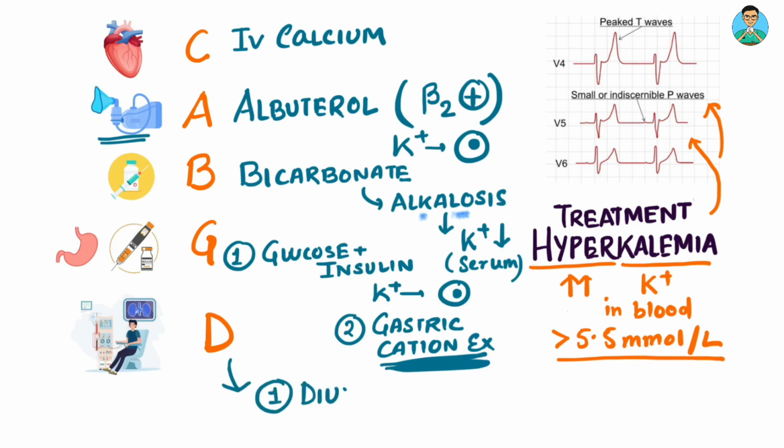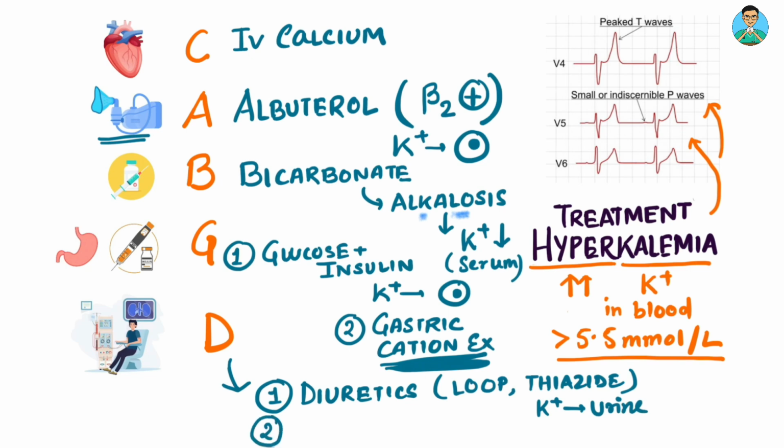D stands for one, diuretics, particularly loop diuretics and thiazide diuretics. They cause potassium excretion via urine and lead to hypokalemia. And this effect, or rather this side effect, can be used as a treatment of hyperkalemia in patients particularly with volume overload. And finally, when nothing else comes handy, you can go for hemodialysis,